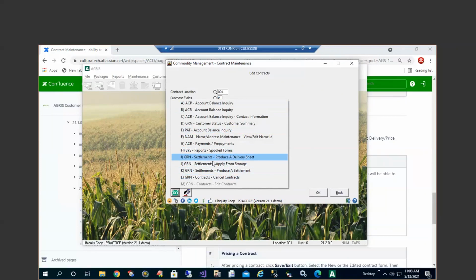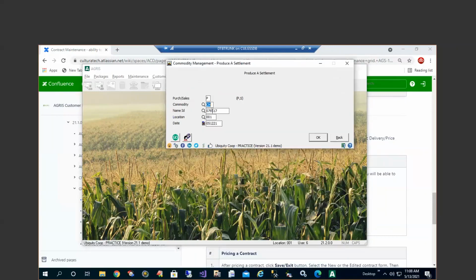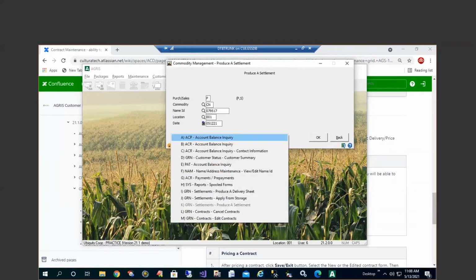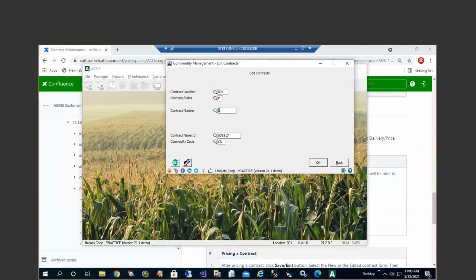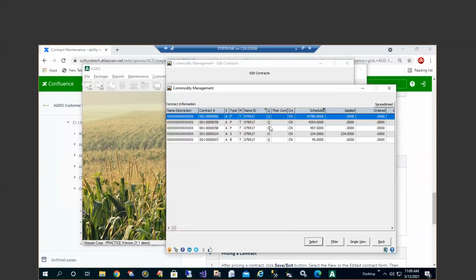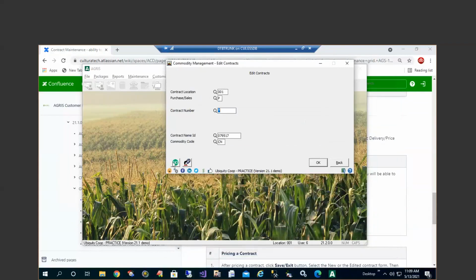So if I went to produce a settlement, it still maintains and knows what my commodity, customer, location, purchase, sales is. And I could go back to edit contracts. So this option M is now a new option on the list of the go buttons. So I finished producing a settlement or looking in customer status inquiry or whatever, and I can always go to edit a contract, and it already knows what my customer is. So if I press enter, it'll give me my list of contracts for that one customer. So again, it keeps you in context for